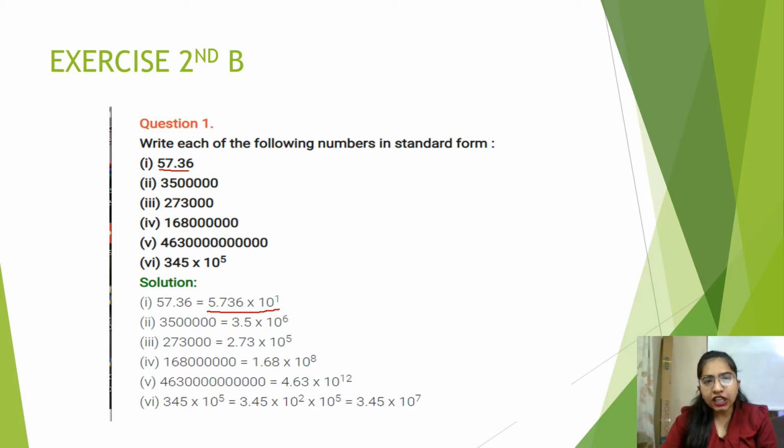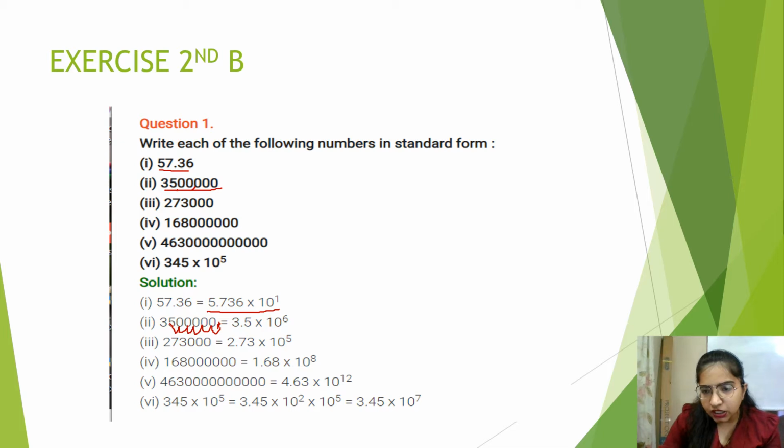Same in the case of 35 lakh, right? If you want to convert it into standard form, you have to shift the point. If there is no point, it means the point is here; I'm placing it here in red. You have to shift the point after one digit. One digit is 3. How many digits are you shifting? See on the screen: 1, 2, 3, 4, 5, 6. Total 6 digits are here.